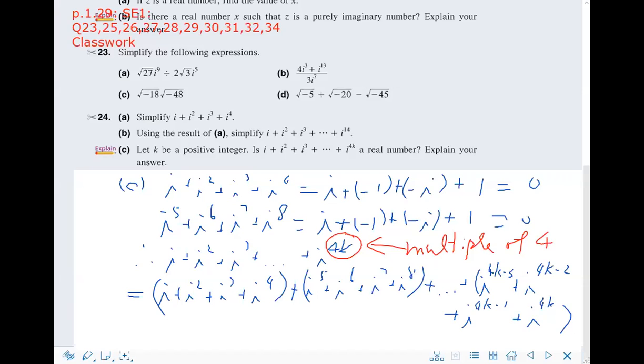This also forms a pattern, okay, a group of 4, where the sum of them is equal to 0, okay, which means that it is 0 plus 0 plus so many 0 adding together, and then of course the sum of them is equal to 0, and 0 is equal to 0 plus 0i, so it is a real number, okay, a real number. That is the answer, okay, so that is